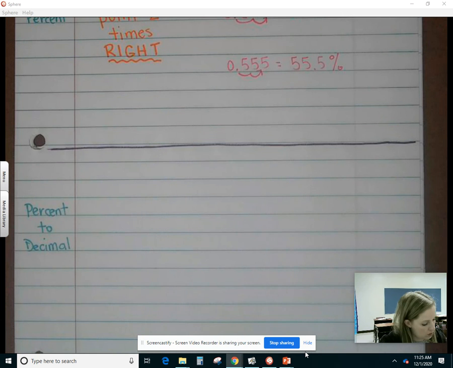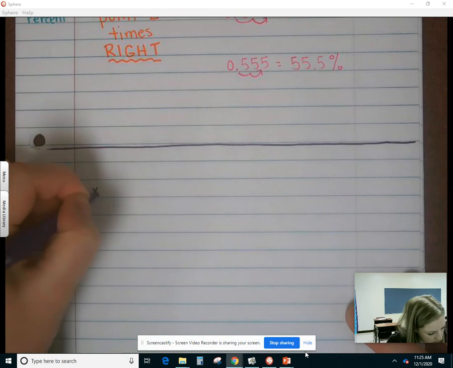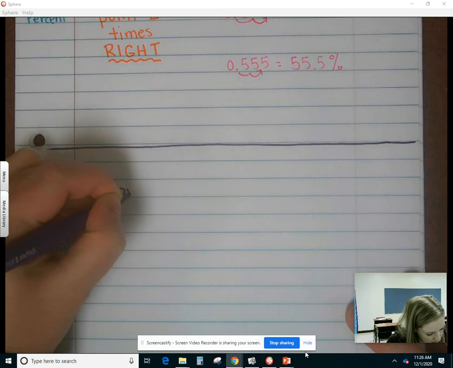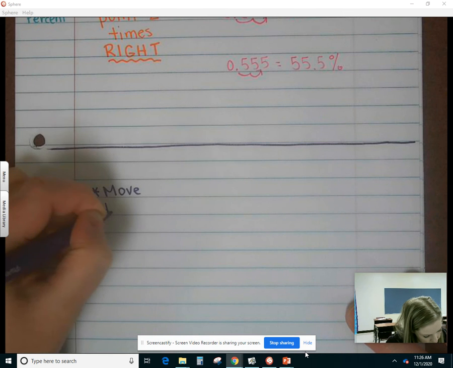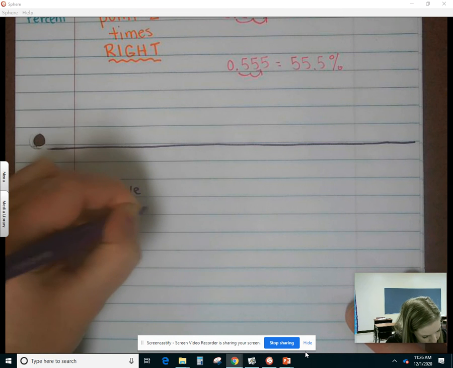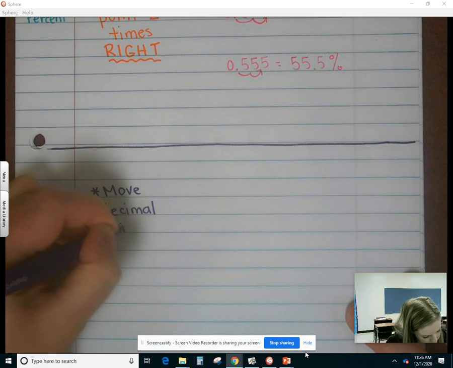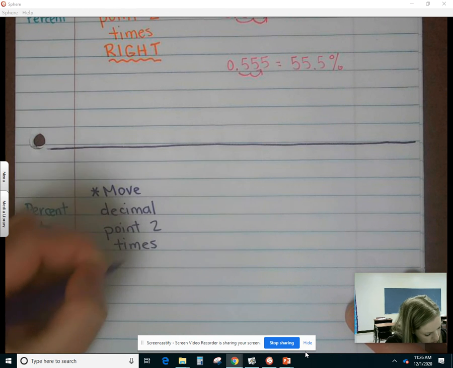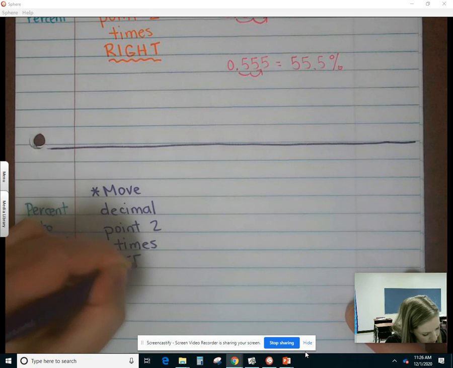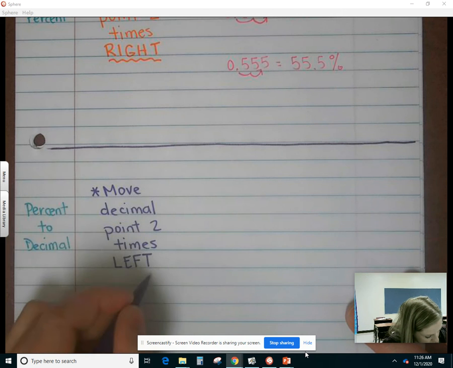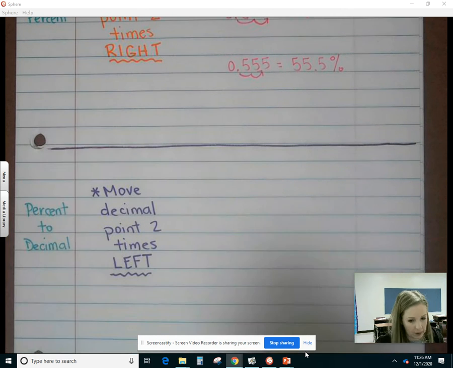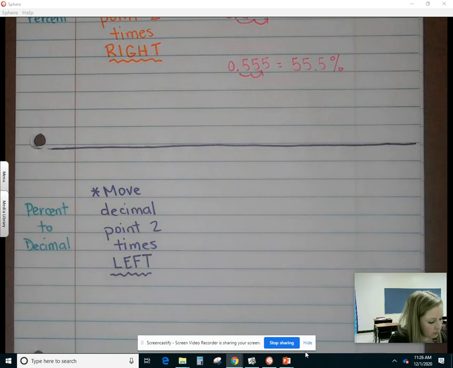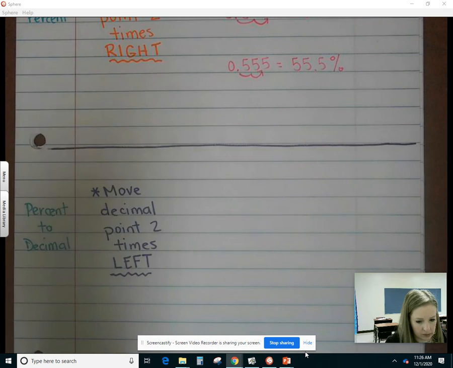So this time we're going to do the same thing. We're going to move that decimal point 2 times. But instead of going to the right, you're going to go to the left this time. And going to the left 2 times divides by 100. So some examples of that, we could use